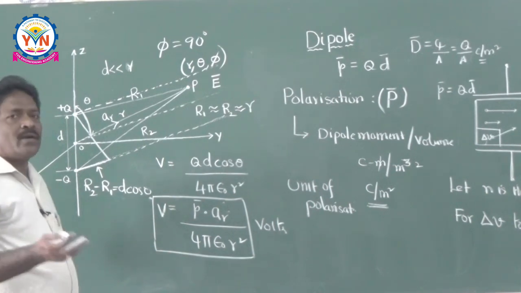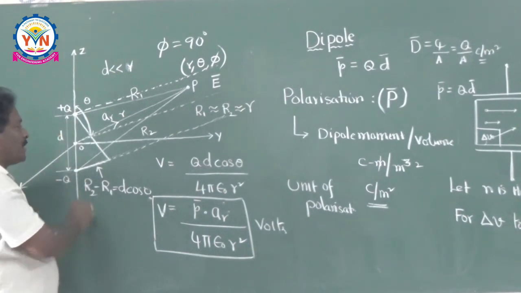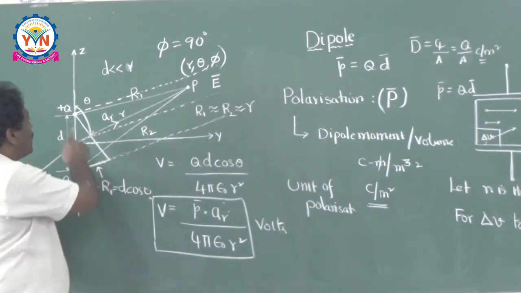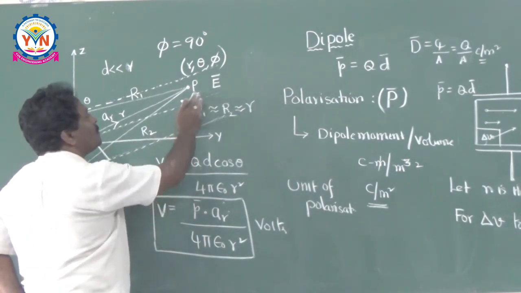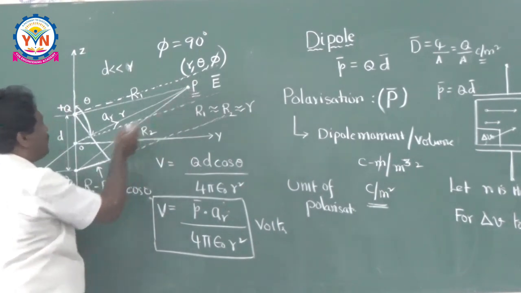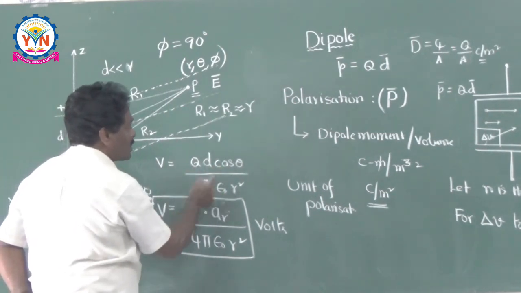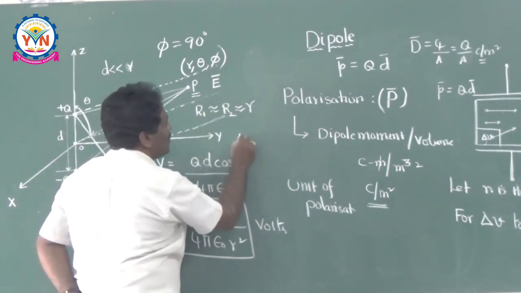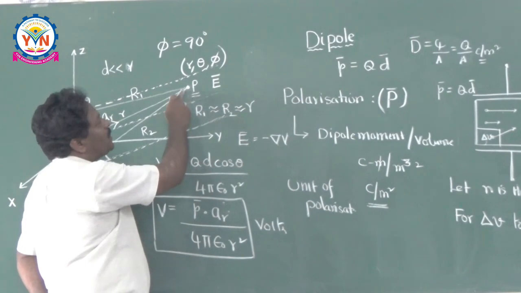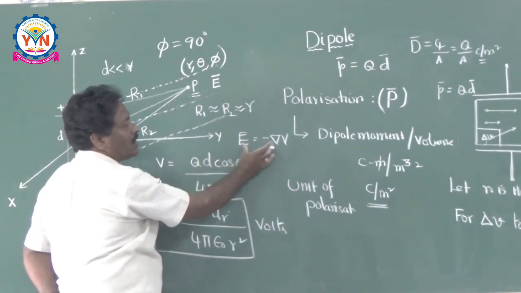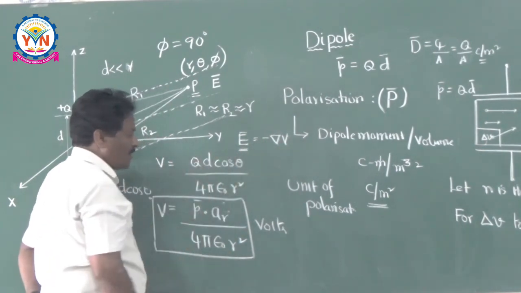So very simple. Within 1 minute I can say, dipole means two equal and opposite charges separated by some distance d. Already you know the knowledge of the point charge. So to calculate the electric field intensity at this point, first find the potential. That potential is nothing but the sum of these two potentials. Then once you get this potential, V is equal to QD cos theta by 4 pi epsilon naught r square. For getting this E bar, just write E bar is equal to minus del V. As the point is in spherical coordinate system, you have to use the spherical coordinate system formula here. Then you do small derivations and you will get your electric field intensity.